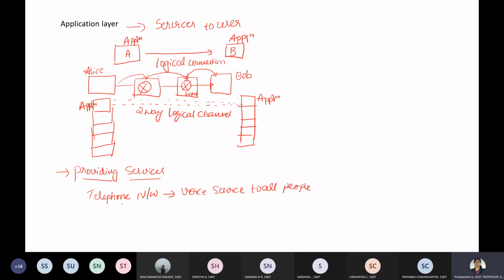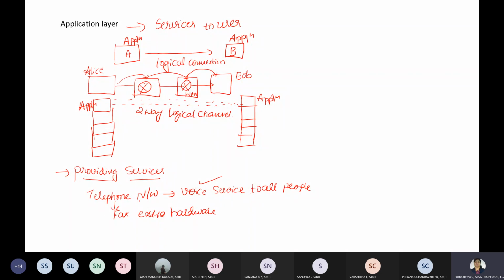This telephone network was later used for some other services. I don't know whether you have seen them, but earlier we had pagers, and later we went on to fax. Multiple users are there and the services are different, but in the earlier case it was only the voice service. Fax, for example, was enabled by the users by adding some extra hardware, designed to provide a different way of serving the people.